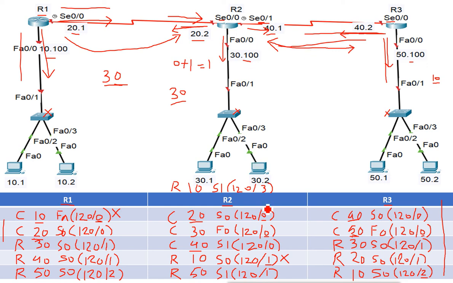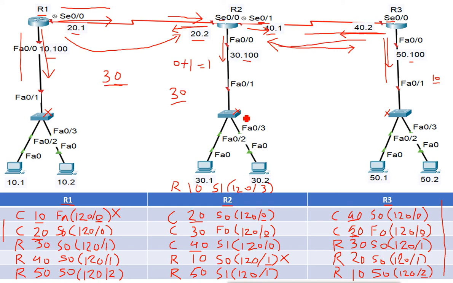It keeps the information here. Now what happened with this wrong information? Remember, it will remain for the next 30 seconds. Before 30 seconds, they will not send the routing tables. If after 30 seconds router 1 sends the information to router 2 that network 10 is available on its side, it will take the information, but till then it will have wrong information.